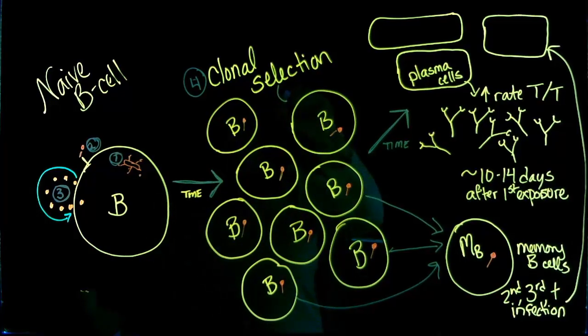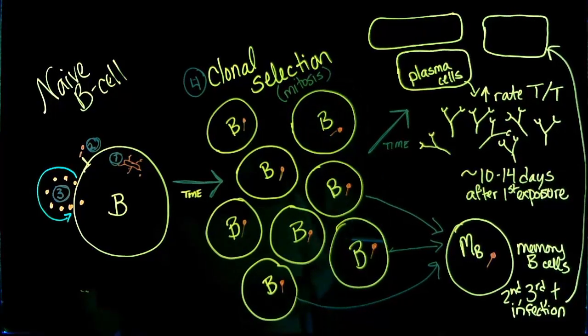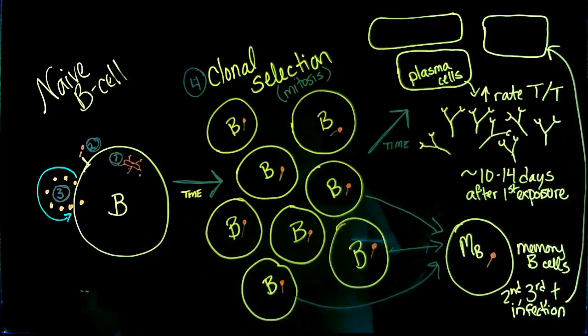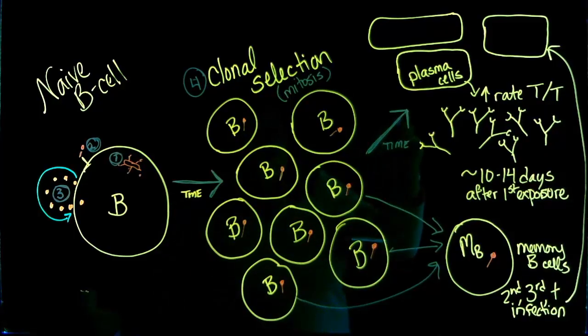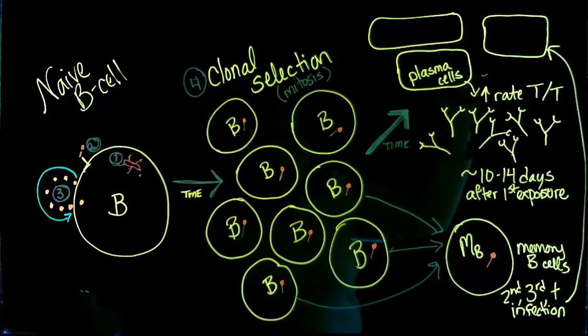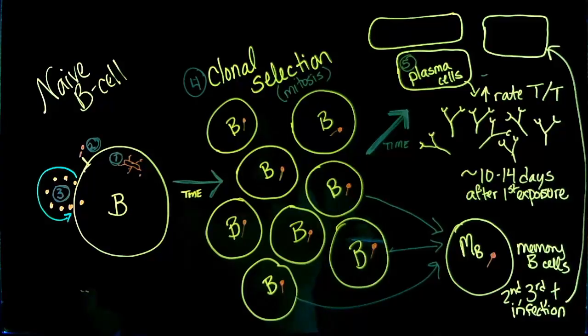As a reminder, this is mitosis, and mitosis is going to take a bit of time. So to create our clone army, we have to have a little extra time. Once the clone army has been created, these cells are going to differentiate a little further. Most of them are going to go to this upper arrow, and they are going to become a plasma cell. The fifth thing that happens is the plasma cell is created, it's going to change its shape,